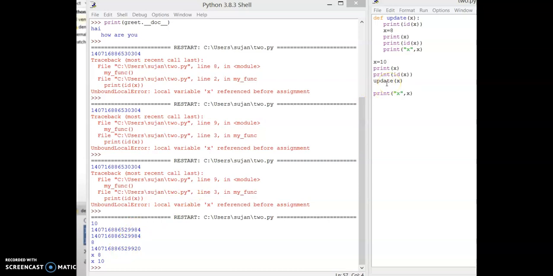I'm calling the function with the function name and passing x as an argument. So this x value will be passed here. After reading the statement, the control moves to the function definition, and it will print the id. Still the id is 984. Then I am trying to change the value. I have changed the value to x equal to 8. I am printing the value once again. What is the x value? 8. After changing the value, I am finding the address. What is the address? It points to some other location.